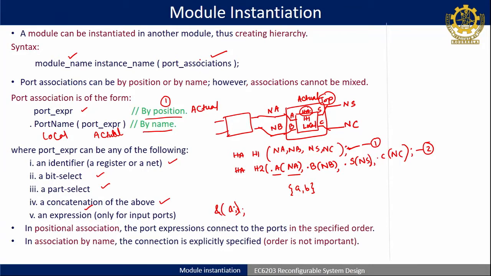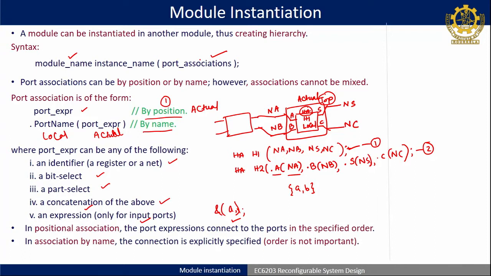So, if a is there, I can find out the ending of each bit of a. Let us say a is a vector, then what is the result, that also can be done. But if you are doing this type of situation or examples, then in that case the expression should be used only for input ports. So, this port expression can be any of this form. These are mostly literal keywords used in Verilog terminology.